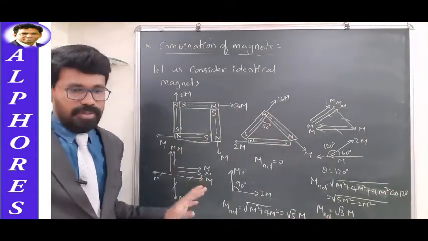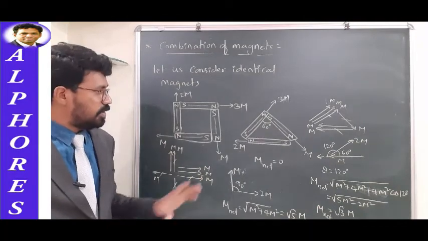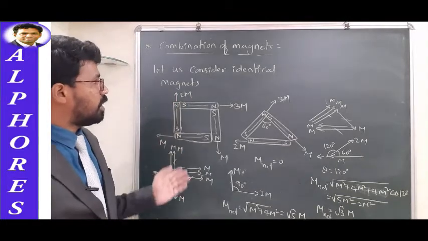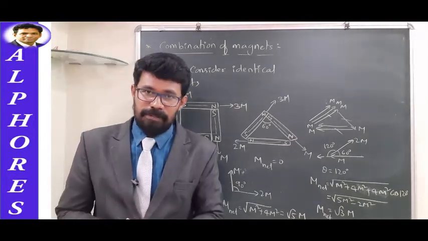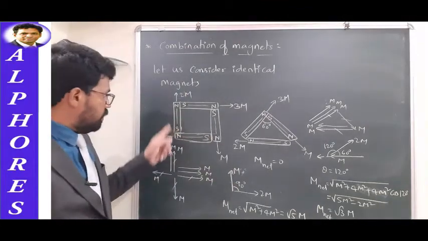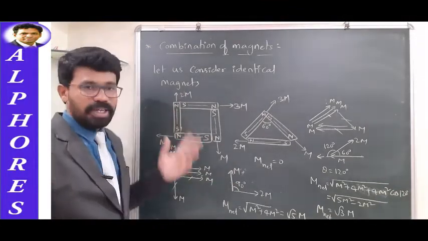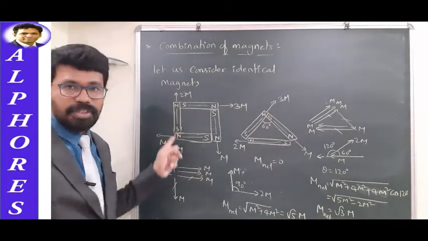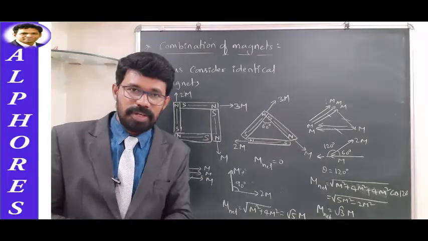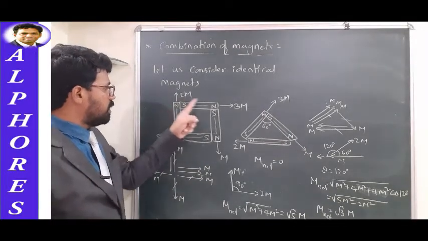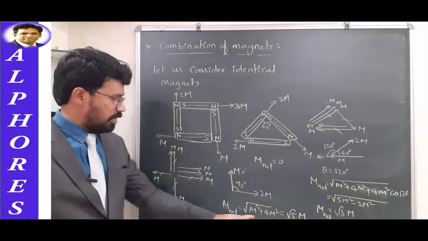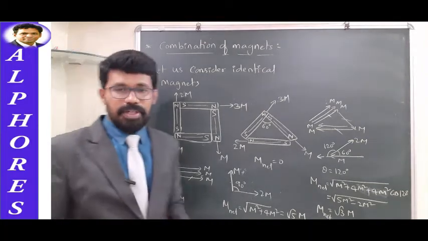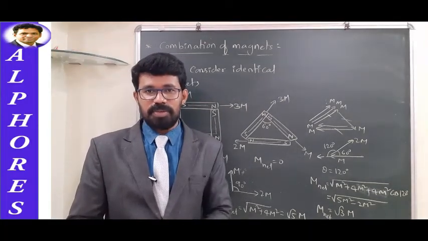Okay, so whatever kind of things we have dealt with here, this helps us to understand how to find the resultant magnetic moment when the combination of magnets is taken. Okay, in the same arrangement, you can have different magnets. We have taken different magnets. See here, if you take identical magnets along the sides of a polygon, the resultant will be 0. If you have taken magnets with different magnetic moments, there will be some net value. That net value can be identified something like this easily. You can identify.